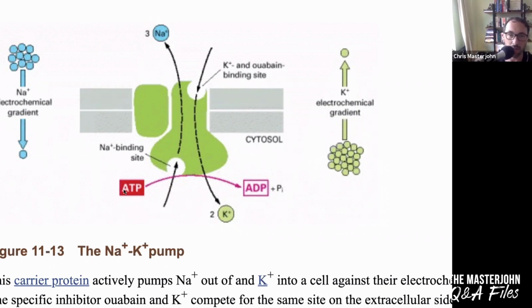So you take the chemical bond energy in ATP, you break off the phosphate bond and release the chemical bond energy stored in that terminal phosphate, the last phosphate of ATP, and you use that chemical energy to supply the pump with the kinetic energy that it needs to shuttle or move sodium to one side of the membrane and potassium to the other side of the membrane. So remember, to concentrate something requires investment of energy. To relieve a concentration of something releases energy.